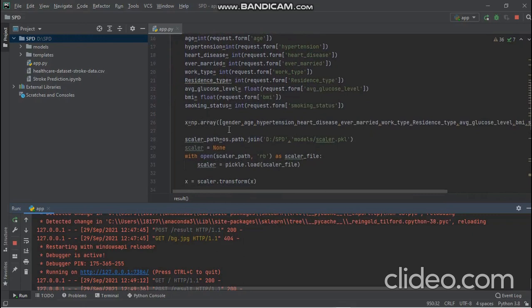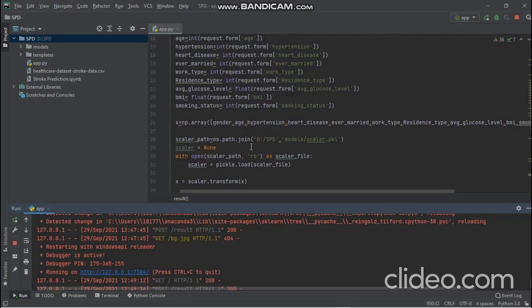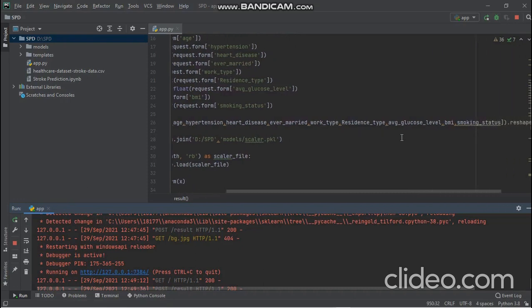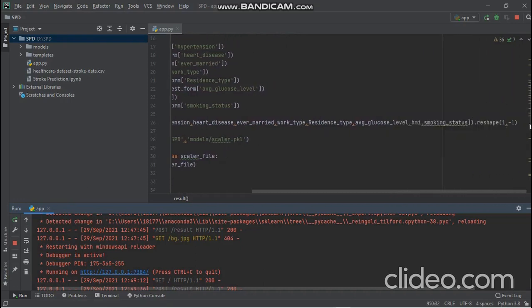And then here I've scaled down the data and then took inputs in the array. Then reshape the data one by one. It will take the input in an array and then reshape it as a 2D array. So here the reshape function is used.